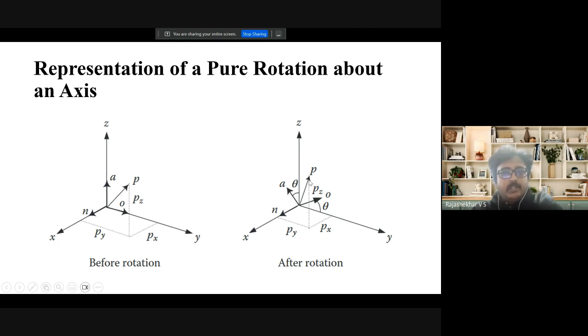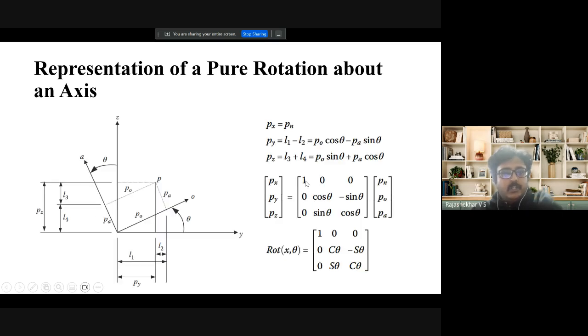The P should have moved to a new point. So what happens here? This might look complex. You can take a screenshot of this. This is a pure beauty of maths. That is what I would say. This is a combination of